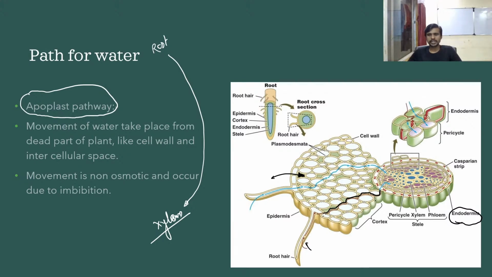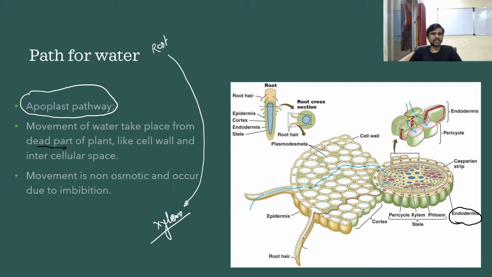And a very good example here, you can see the bluish color on the slide. Why is this bluish color? Because this bluish color represents a second pathway which is moving through the living pathway, the living areas of a plant, while this is the dead area. So apoplastic means the water will move through the dead part of a plant.